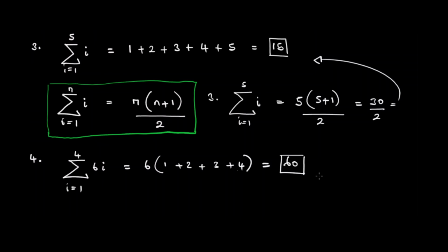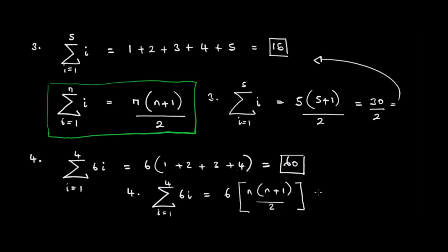But how are we going to apply that formula? Applying that formula tinoda iso. Saka this is a redo of number 4. Summing up from I is equals to 1 up to 4, 6I is equal to tichati 6 multiplying n plus 1 over 2, like that. Those are tichaita panapa. Saka this is equal to 6. What is n? N d4. Saka 6 multiplying 4, then 4 plus 1 d5